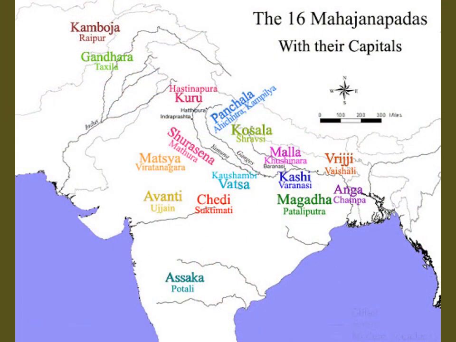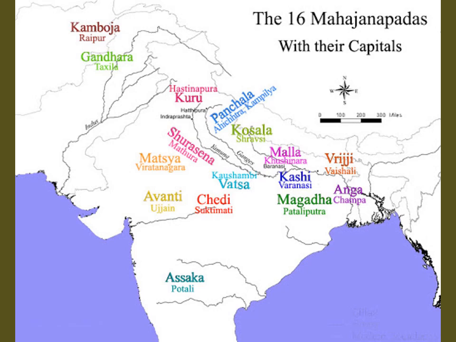Then the third major change is that the tribal pattern of social organization was replaced by the territorial state, in which many people of different tribes existed together. For example, the kingdoms of Magadha and Kosala. As people settled together more and more, there must be larger and larger groups of people coming together, and then they became states, they became kingdoms. Here we have the examples of kingdoms such as Kosala and Magadha, which you can find in the map here.